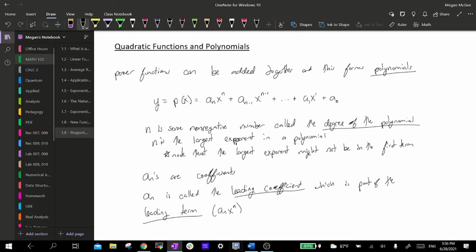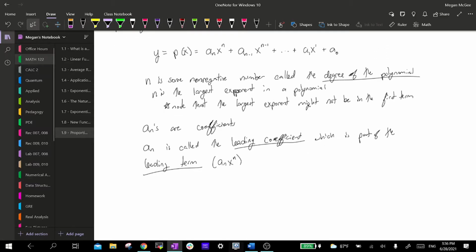Again, these might not always be in the front just because sometimes they get to move around. But we typically write everything in the highest exponent all the way down to the lowest exponent order. So this is why we call a sub n the leading coefficient. So a sub n is the one that is always multiplied by the highest degree of the